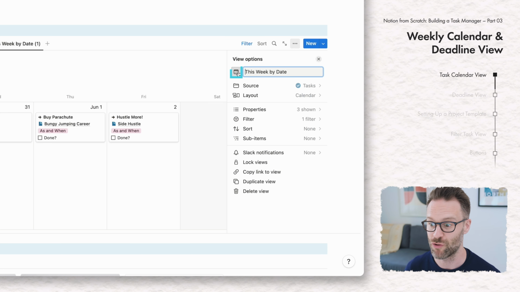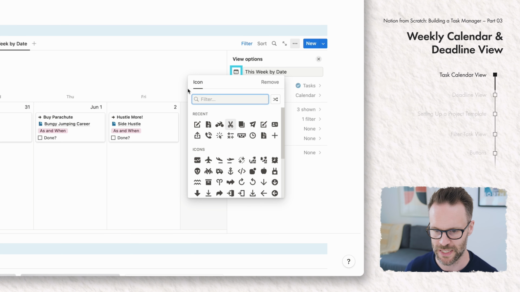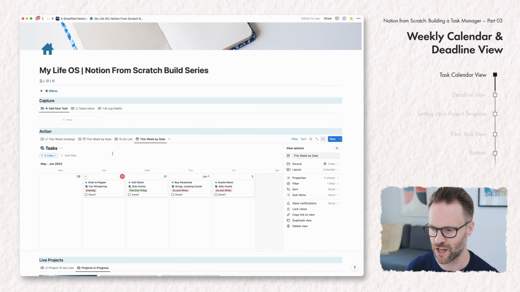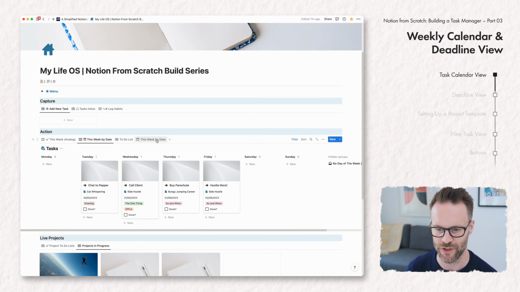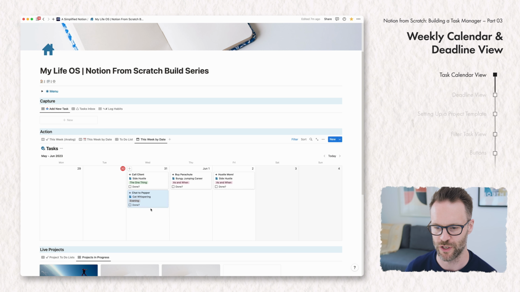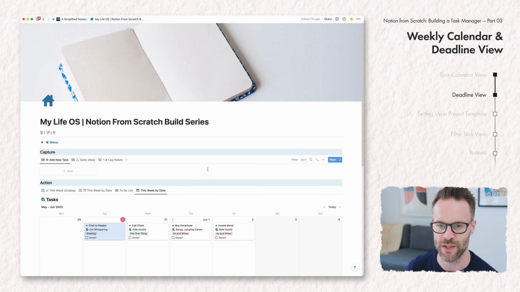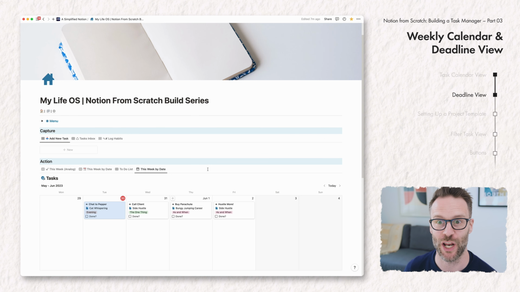The other thing that's happened recently is you can now adjust the icons. So we could do some details like that if we wanted to. So I'm just going to leave it like that. So that is essentially that view now created as a calendar view, which does mean you can move things around really nicely in it. The next thing we're going to do within this project is add a deadline view,